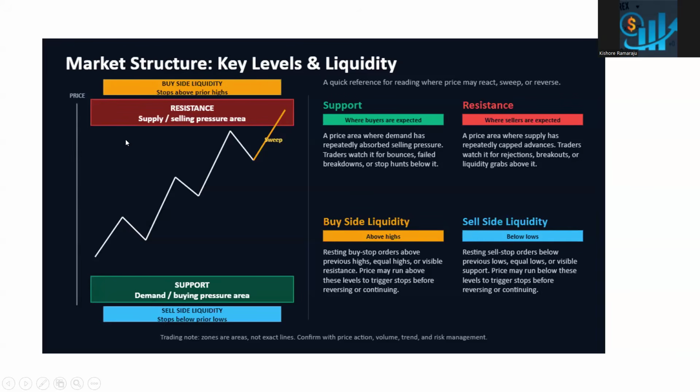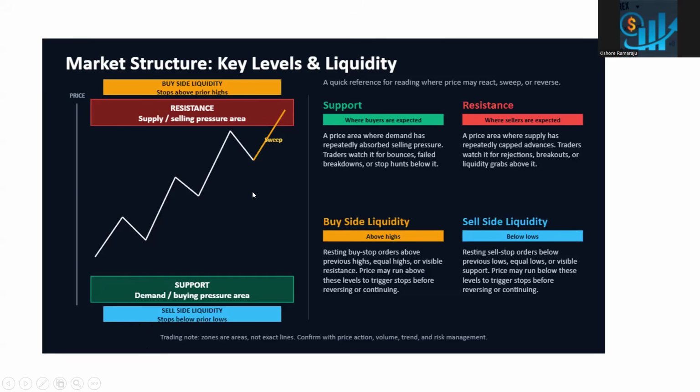So same thing, the institutions will not come here and suddenly bounce it. They know a lot of people have stop losses here. It will go a little bit down through the support, grab all that liquidity and then bounce up again. So that's what happens in the market. Whenever you keep a stop loss, exactly it will come and hit the stop loss and then price will go up. You feel like, oh, I should not have kept a stop loss. Right? When you don't keep the stop loss, it may go further down and you may have another risk. Or it breaks the support, you take a short, and within 5 minutes it will start going up.